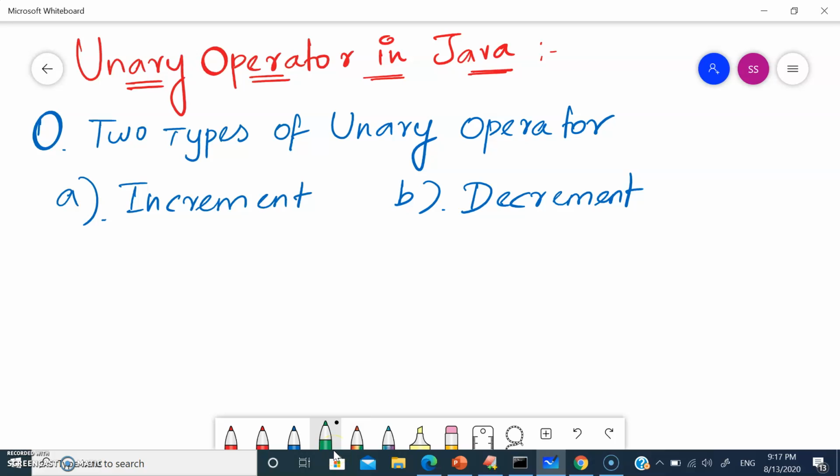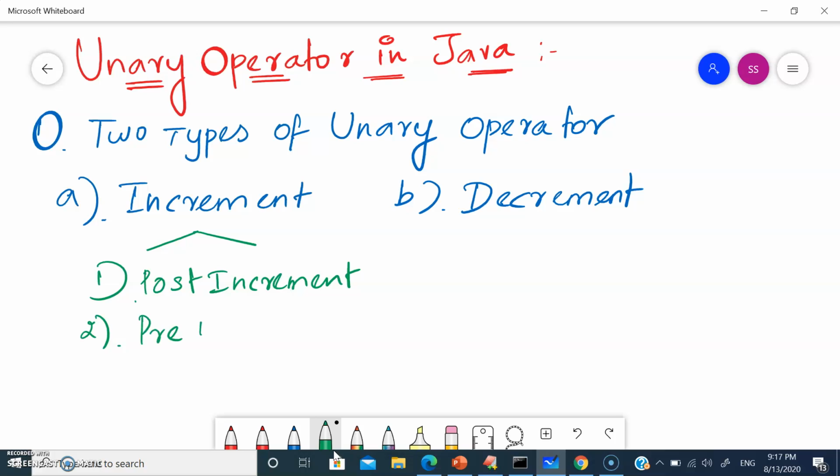Now the increment operator has been divided into two types. One is post increment, another one is pre-increment.